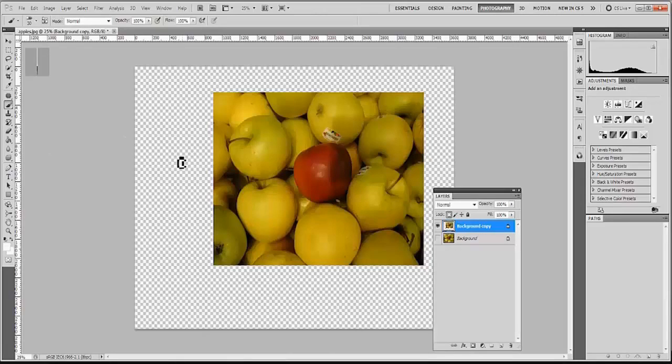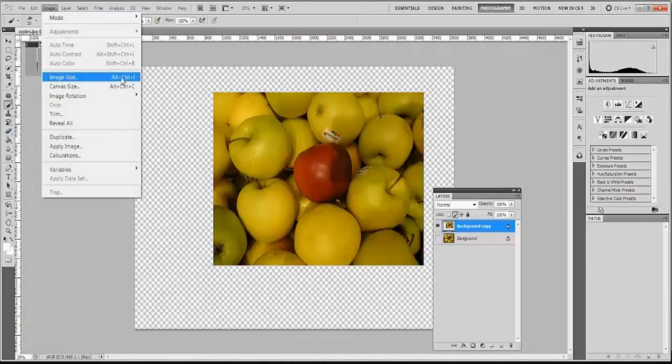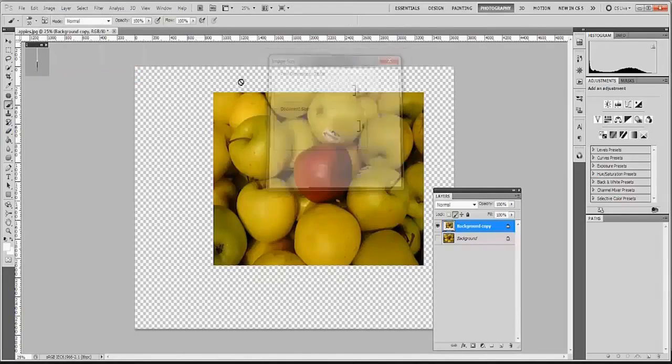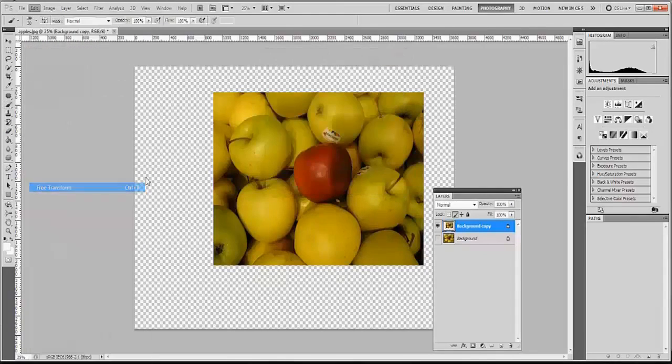Anything I did here would not be recorded on a transparent image. Whereas if I go to the second one, the brush one, nothing can be recorded on the image entirely. You can reduce the size and you can transform it, but you can't use any of the Photoshop tools on the image. Sort of like a non-editing mode, because it's locked all of the image pixels, so you can't change any of the pixels. Third option